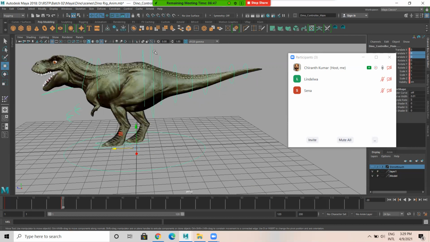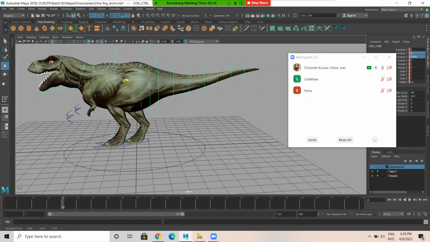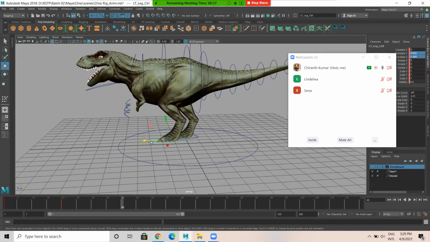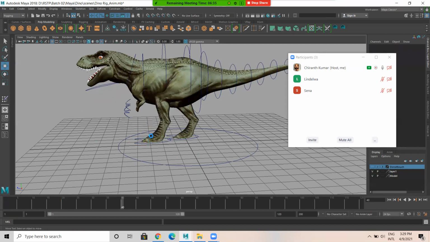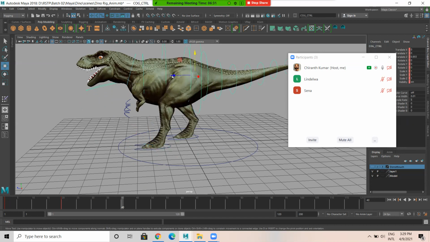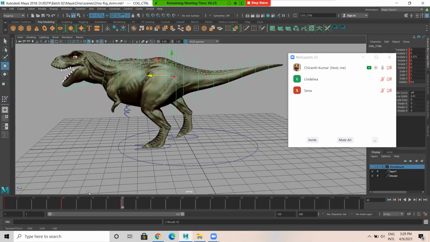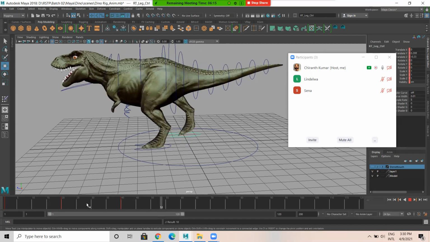So 20, it's here. Key, and I go to 40. It's like this. See, we can animate this character.